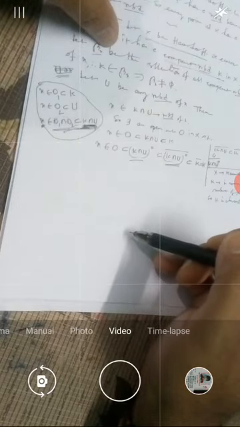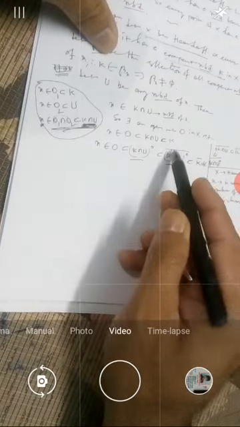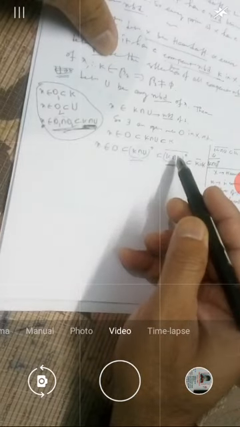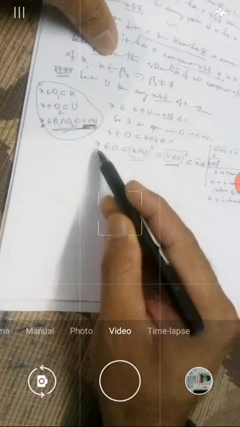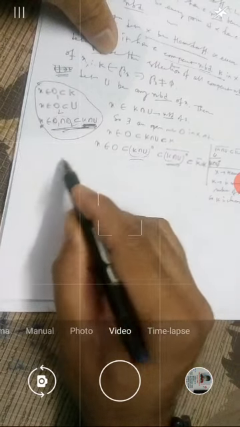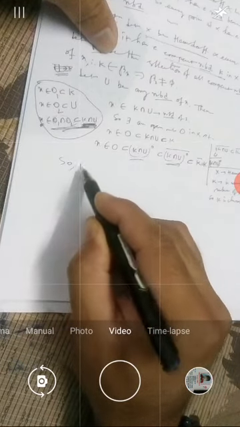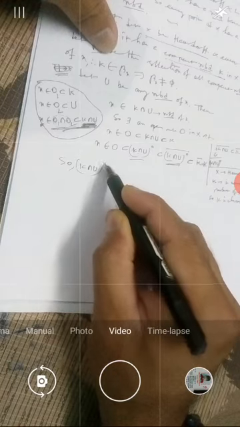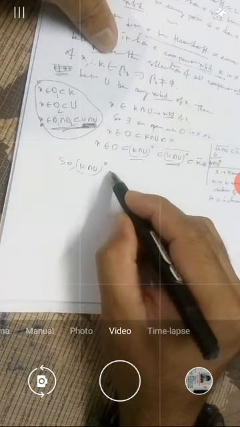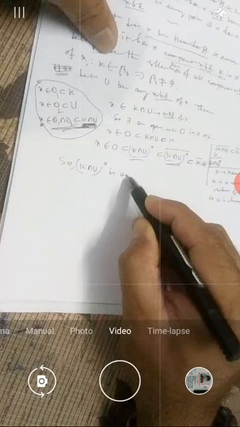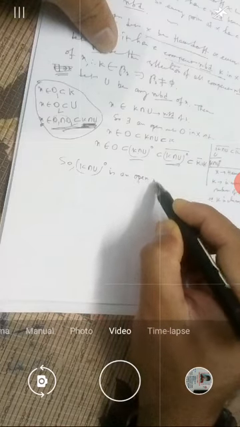So this is open in this, and this contains X. So this K intersection U interior is an open neighborhood